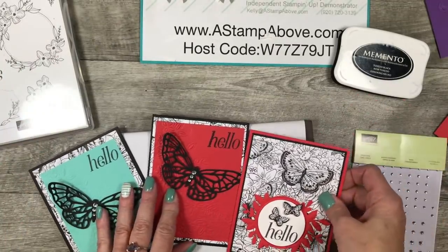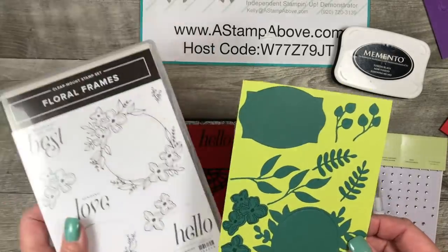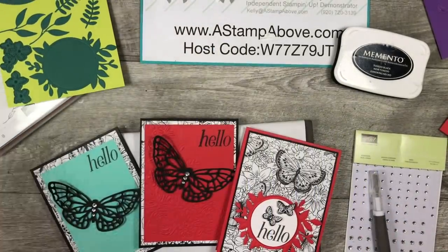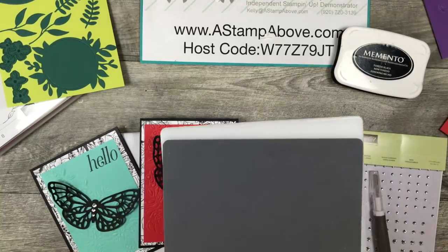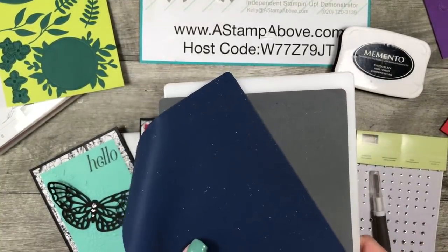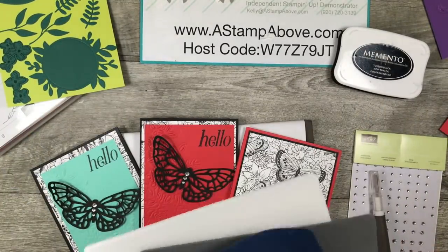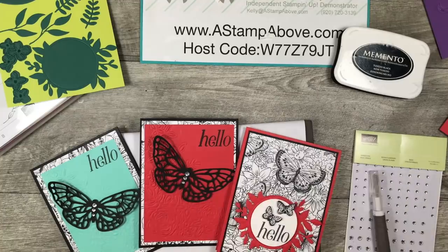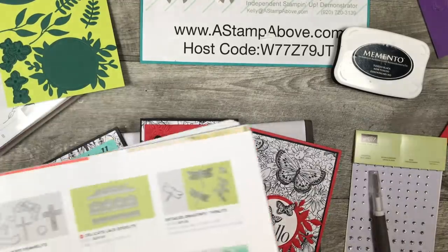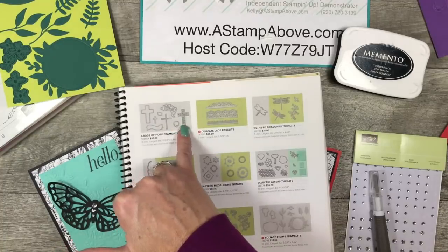So we've got 3 really pretty cards using the Floral Frames bundle and these fabulous embossing mats that allow you to double your Big Shot potential. Turn any of your dies into embossing dies. Now, I was looking through the catalog, and anything that's got any detail in it can be used